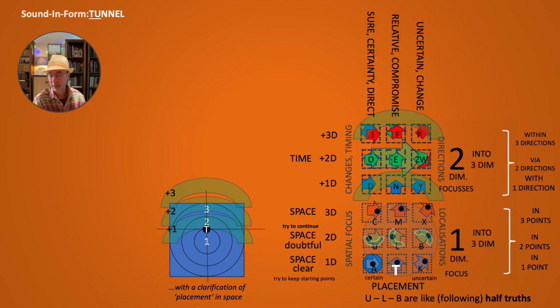You lose it already. You refocus a little bit in U, L and B, and then you start to see, but what can I see then as around? It's no longer perfectly in the middle, but I want to continue to keep that as a center. So U is actually also that half truth, that it's no longer perfectly in the middle, but you can keep it centered. So U is that keeping it centered. You can keep it with a certain certainty, but a relative certainty that it is no longer in the middle,